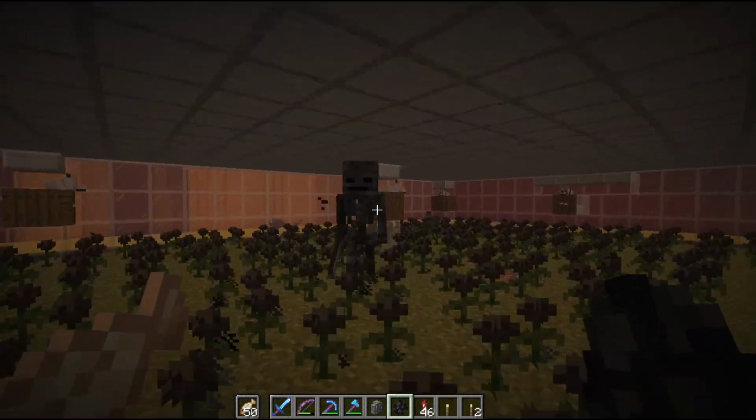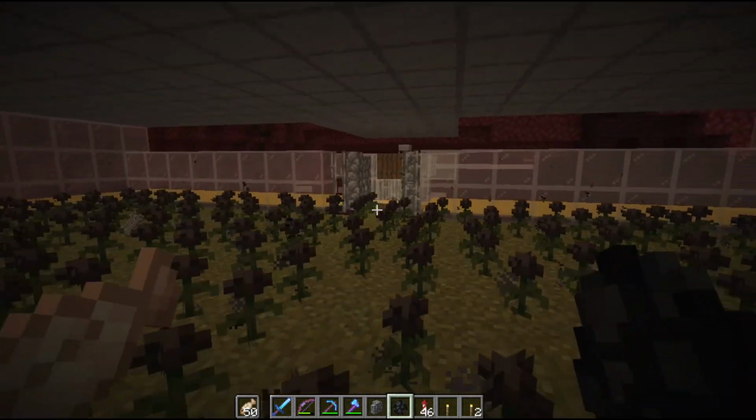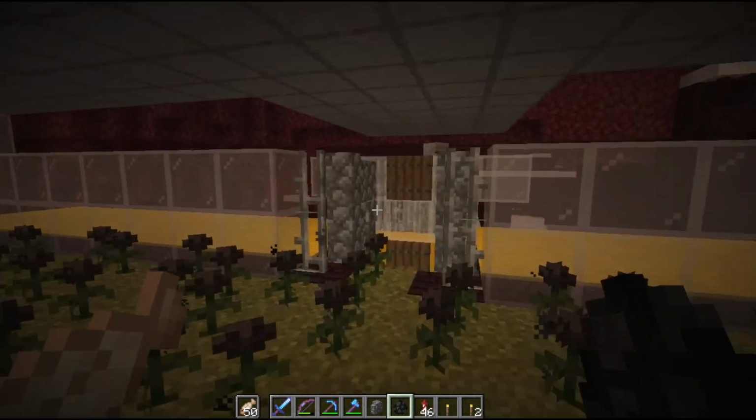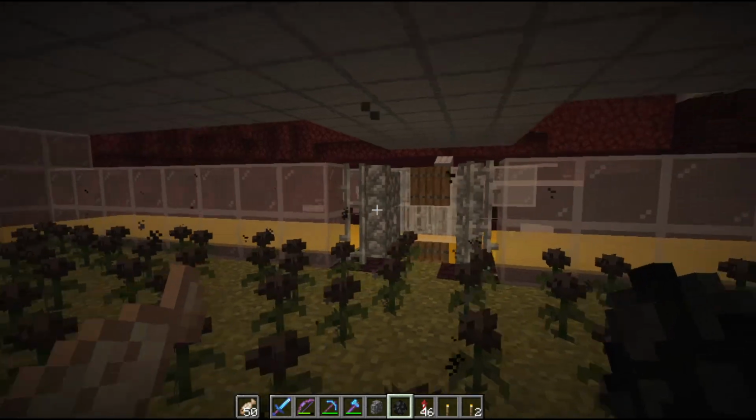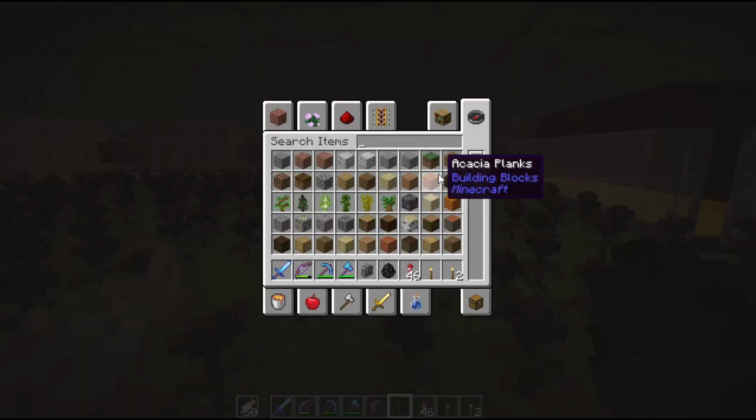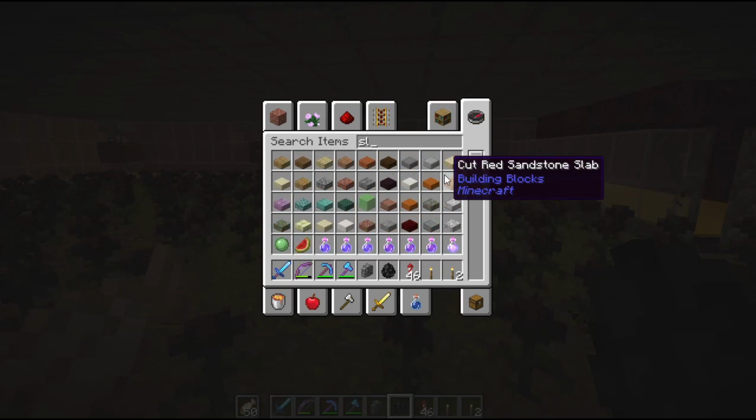The other design thing here that you might want to make a note of is that he placed the golems at a perfect height so that only the withers can see the golem. We don't want any skeletons shooting at the golem. So if I bring some skeletons in here,